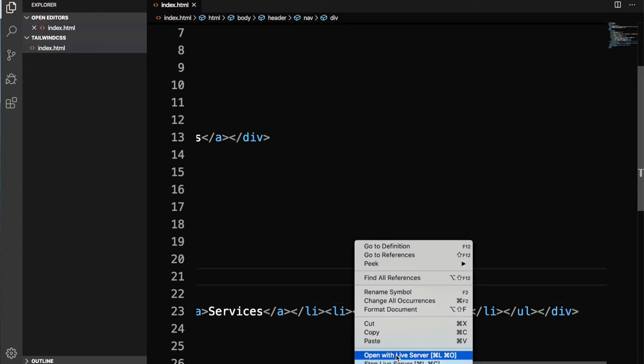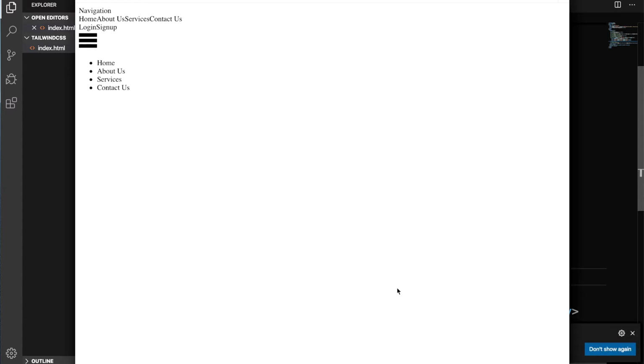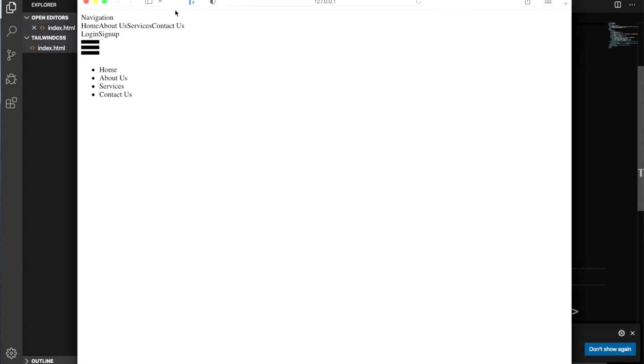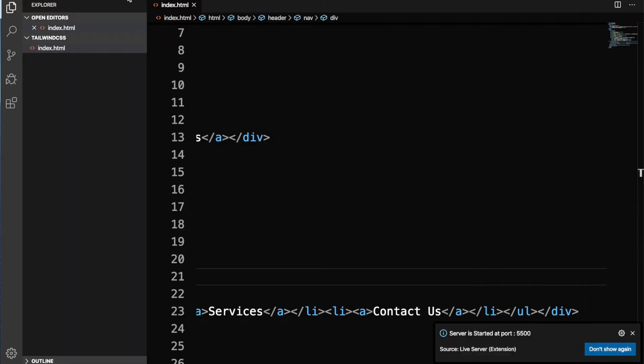So it will run the server and display your HTML page. Okay, so you can see it. You have navigation, which we are using instead of a logo. Here are all your primary links, secondary links, mobile menu button, and the mobile menu. Okay,